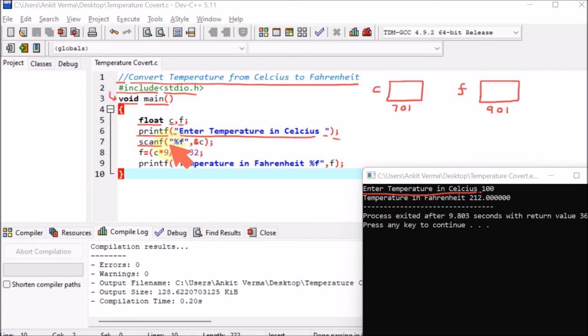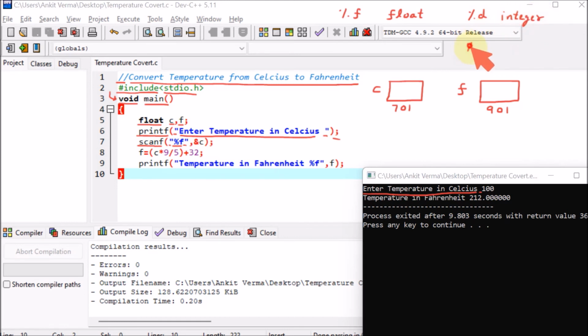Now in the double quotes, if we mention %f, that means we are demanding a float type input from the user. Understand that whenever we mention %f, it is the floating point, which can take decimal values. If we mention %d, it stands for integer, that means normal values.